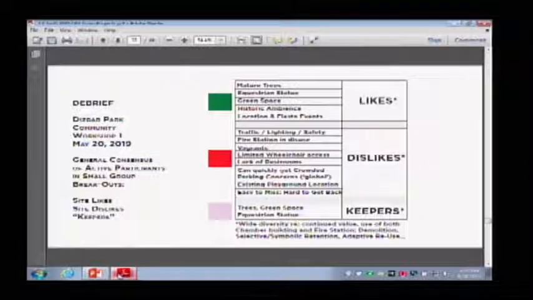Likes about the site, again, likes and dislikes were fairly unanimous: the mature trees, the equestrian statue, the green space, the historic ambience of the park, which I think includes the fire station, the location and its fiesta events. Dislikes included the traffic surrounding the site, some concerns about safety and lighting, the disuse of the fire station, the